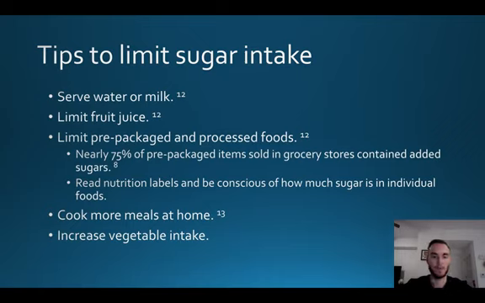Next is the limiting of prepackaged and processed foods. Again, we mentioned earlier that 75% of prepackaged foods actually have added sugar. With that, there's certainly prepackaged foods that don't contain sugar or have very low sugar content. So one of my recommendations is also learning how to read nutrition labels. I unfortunately don't really have time to get into that today. However, there's a lot of really good resources on how to read nutrition labels, as well as following up with that website that I told you about, which is Sugar Science from the University of California, San Francisco, and just becoming familiar with the names that they might use for the sugars.